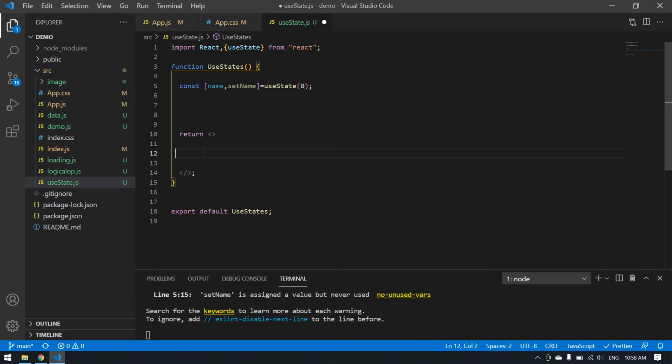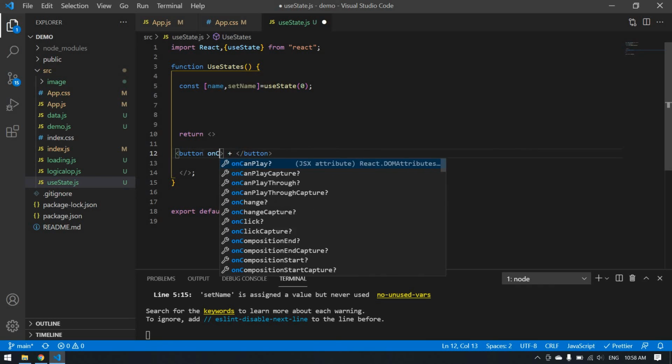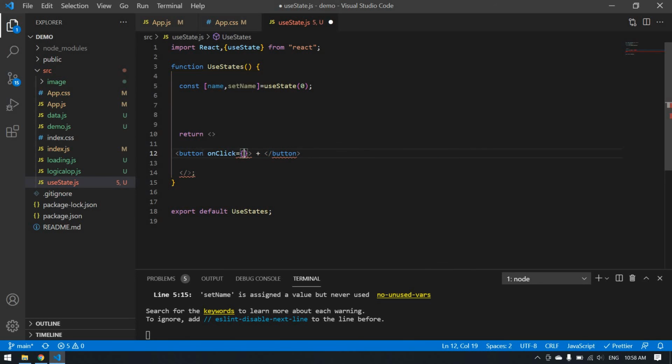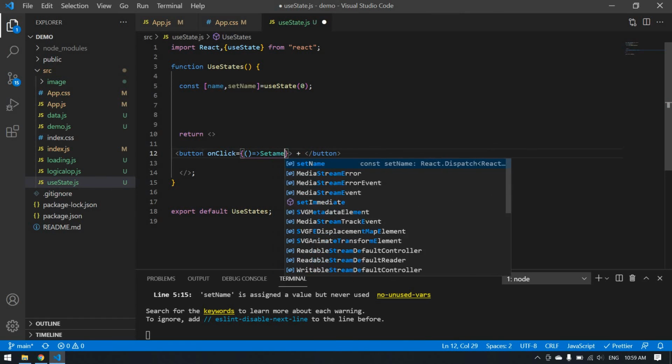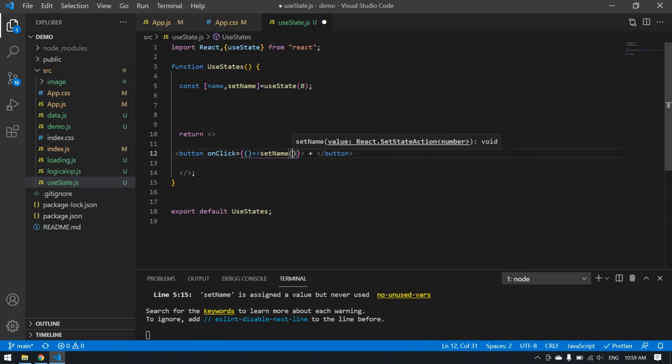Now I'm going to create a button. Button. Okay. In this button I'm going to give an onClick function. In the onClick function I'm going to set name plus 1. The setName will set the name plus 1. Here name is 0, name plus 1. Okay,